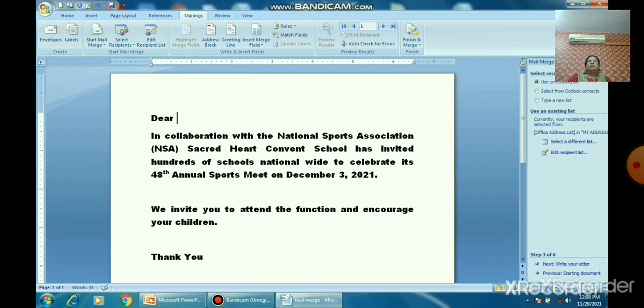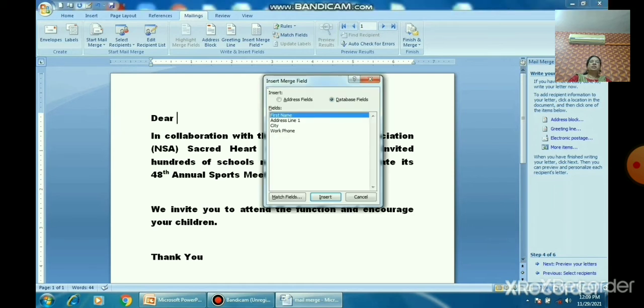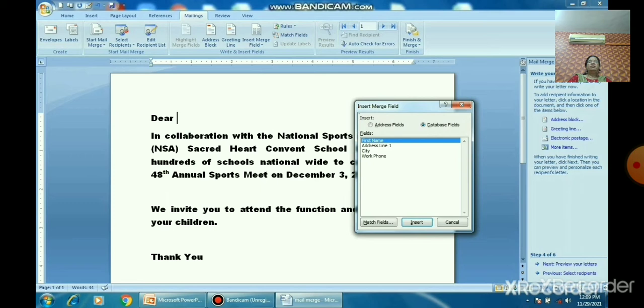Now insert the merge fields. Can you see here the More button on the right side? When you click there, you can see all the address field names. Click on More Items and select the field name. Can you see all the field names there? Select the fields one by one. After the greeting, I want to select the particular name, so the field name is first name. Now I'll take the rest. Click on the Close button.